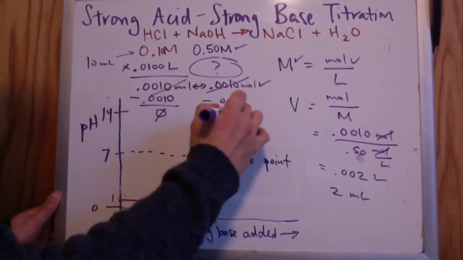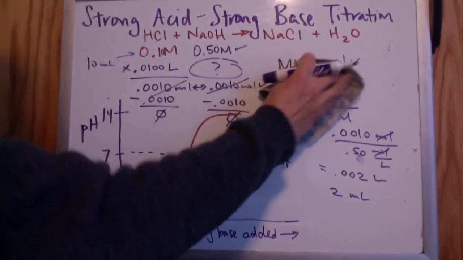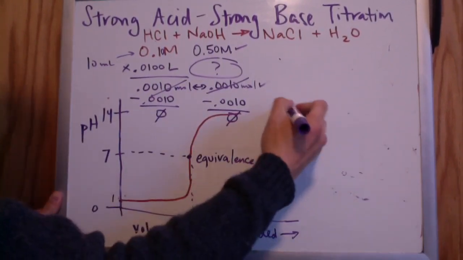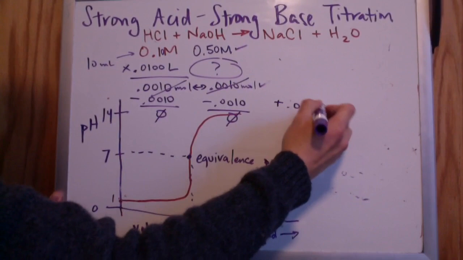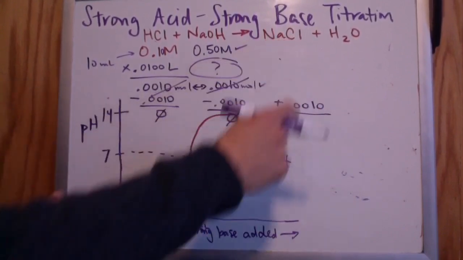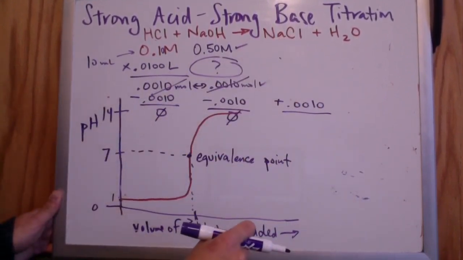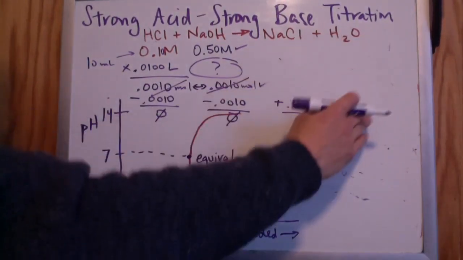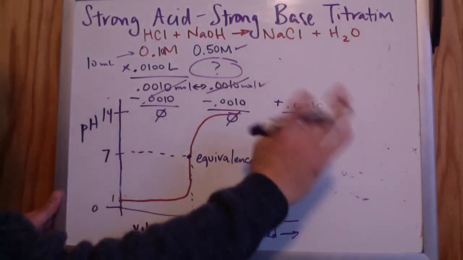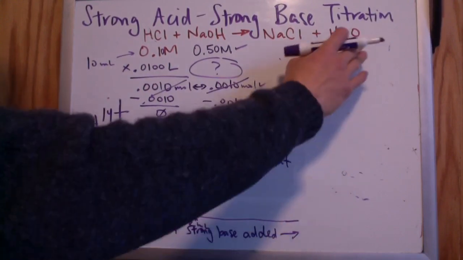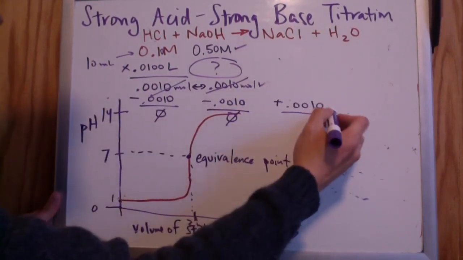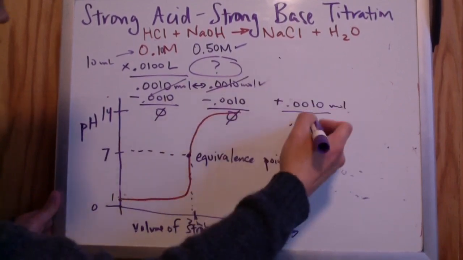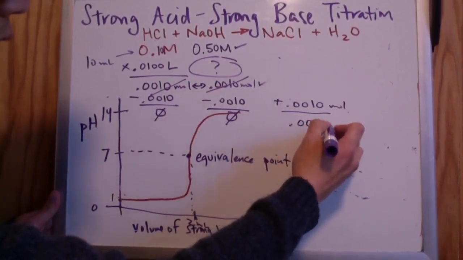And then what would we be left with? We would make 0.0010 moles of NaCl, and then we don't care about the water because the water is a liquid. So even though it does generate some moles in the reaction, for acid base, we don't care about how much water it makes. So we'd end up with 0.0010 moles of NaCl, and then that's what would be left